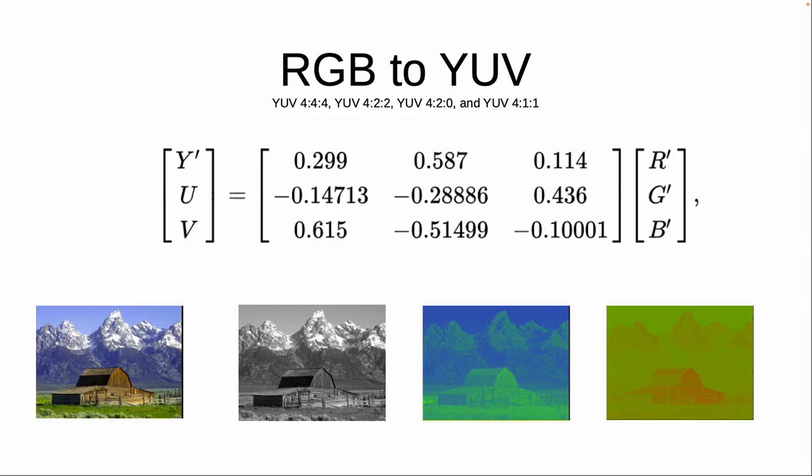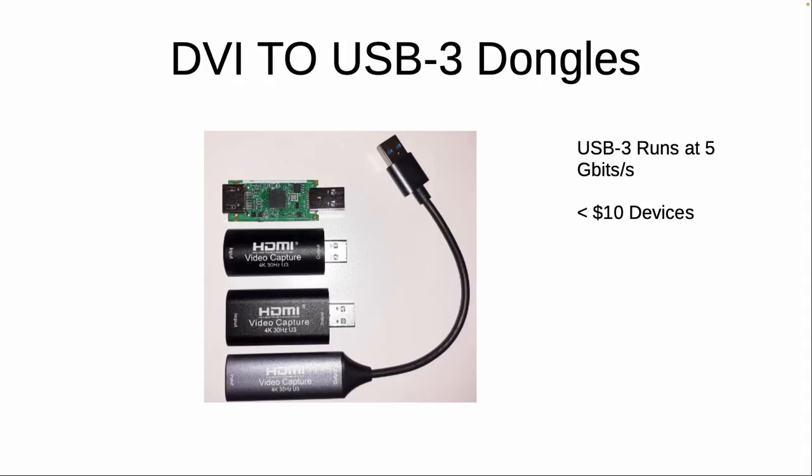Another rotation of colors is the RGB to YUV matrix. YUV started with the black and white TVs, basically grayscale, and they wanted to both support the old signal and do color TVs. So what they did is they just added the other two, the U and the V color planes. You can see on the left is the original image, on the second to the left is the grayscale, and you've got the two color images. You can put them all together. And so the human eye is much more sensitive to grayscale than it is to the colors. So what they can do is reduce the bandwidth of the two images on the right. There are some complex techniques for how they do that. And then your whole bandwidth gets reduced. So that's used for devices like this one. This is a DVI to USB 3 dongle.